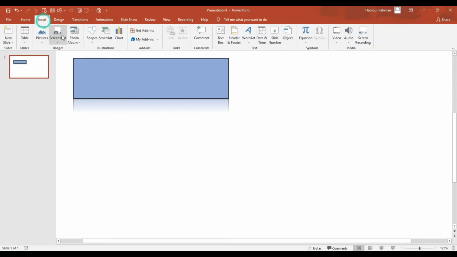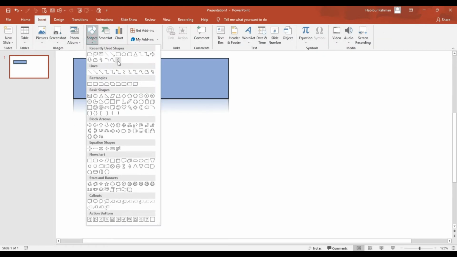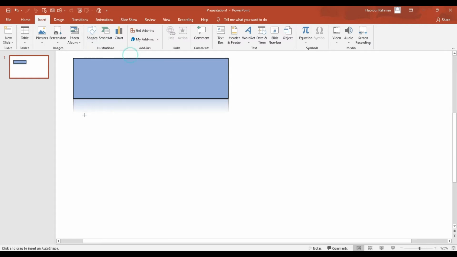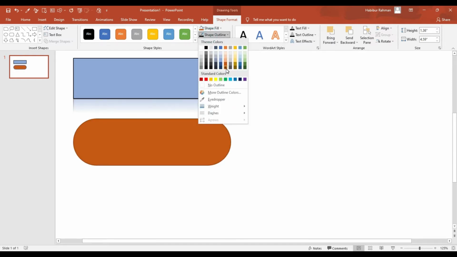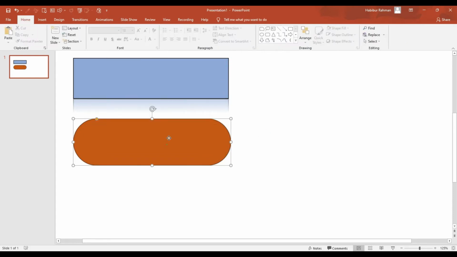I'm drawing another shape, rounded rectangle like this. If you want to increase the roundness of your shape, you just click this icon and increase the roundness of your shape as you want. I'm changing its color, this color, and outline color, this color. Okay,